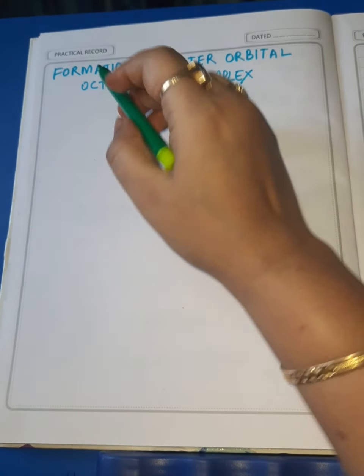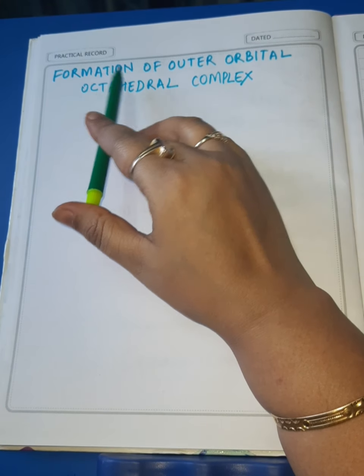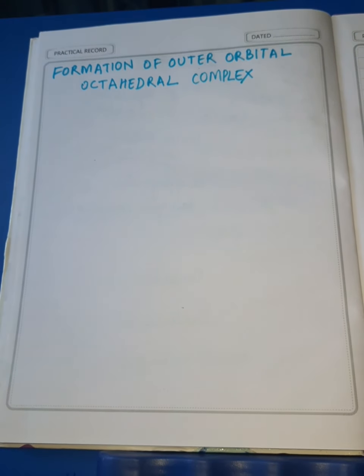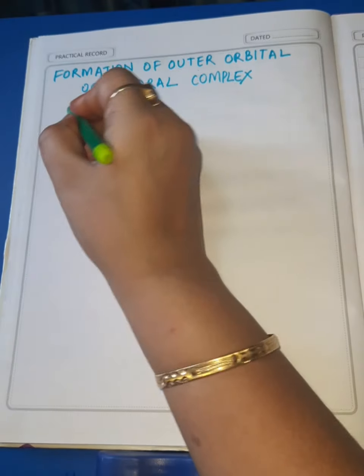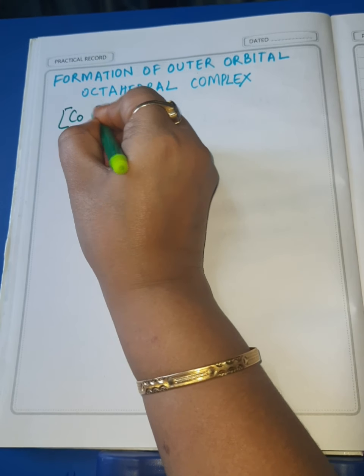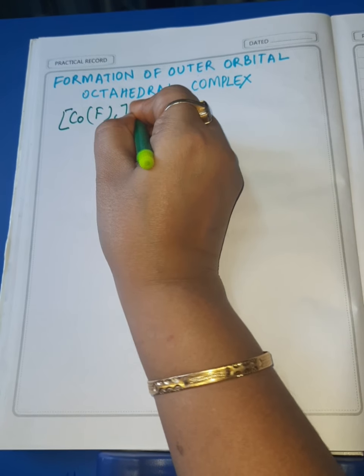In this video, dear students, I am going to teach you about the formation of outer orbital octahedral complex. And for this reason, I have taken one example here. The example which I'll be teaching you is [CoF6]3-,